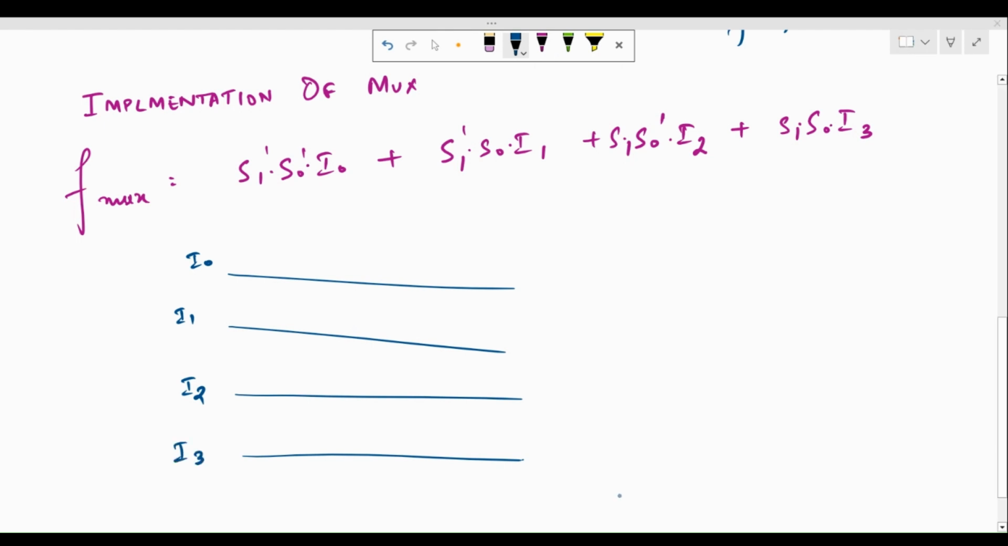We have two select lines. Say this is S naught. Its inverted version is also used, so I'll put a not gate, S naught dash. We have S1 and